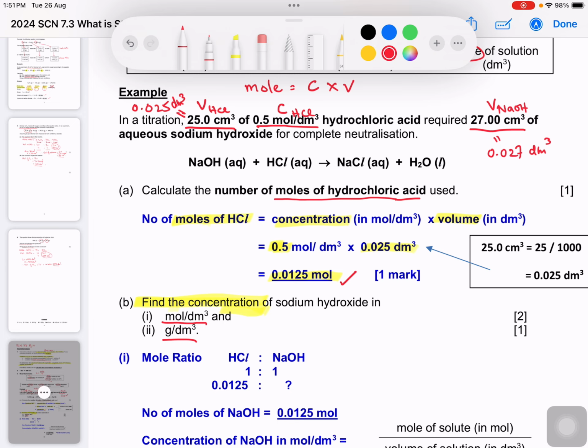So for sodium hydroxide now, what information do we have about sodium hydroxide in our question? In our question, we only have volume. That's all. And we need to find concentration. So we need moles. Alright, we need moles. So to find mole